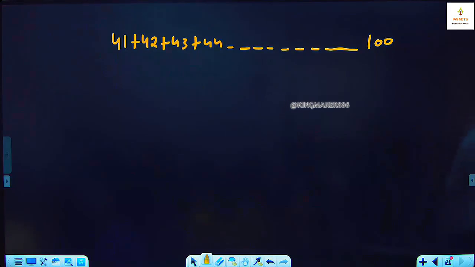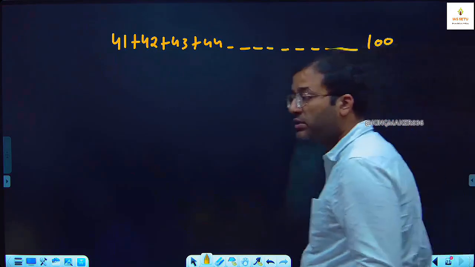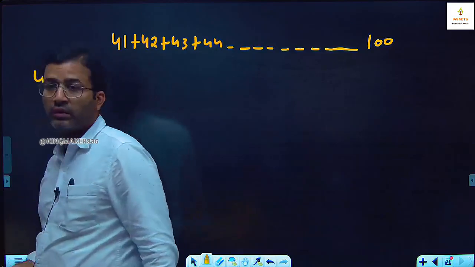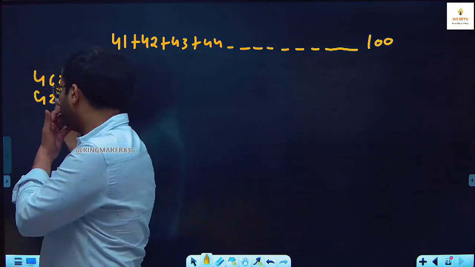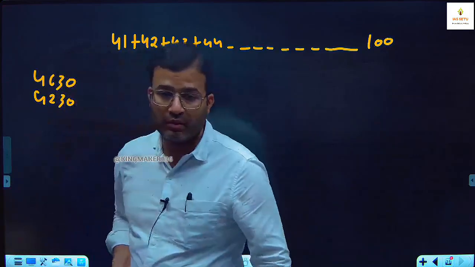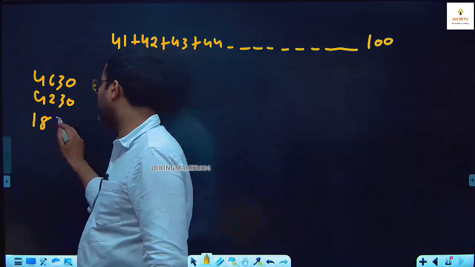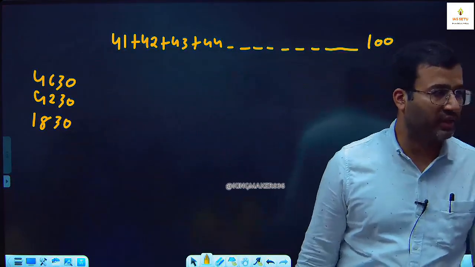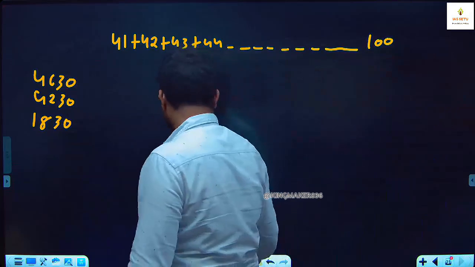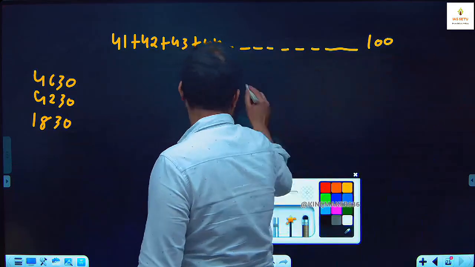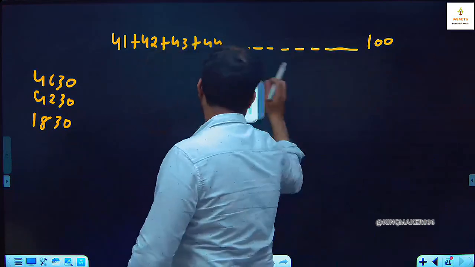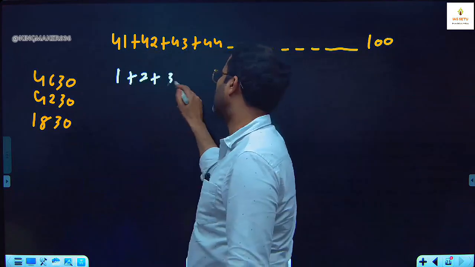What is your answer? 4630, 4230, 1830। आपको लगा 60 टर्म है ना? 1830 मीन्स यू थॉट देयर आर 60 टर्म, यू हैव यूज्ड 60 इंटू 61 डिवाइडेड बाई 2, बट वो तो उसका आंसर होगा 1 प्लस 2 प्लस 3 अप टू 60।